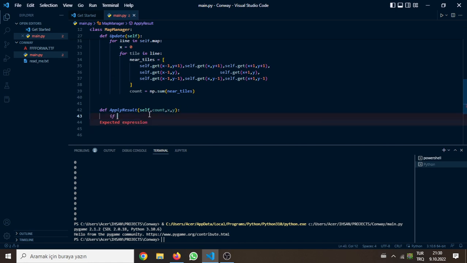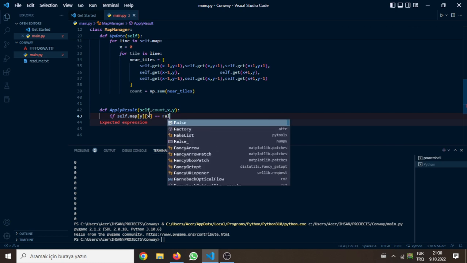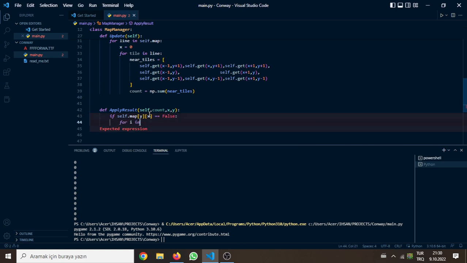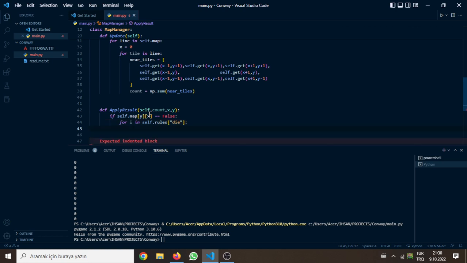So we will say if self.map y x equals false, then we'll say for i in self.rules i, if count equals i, then we'll say